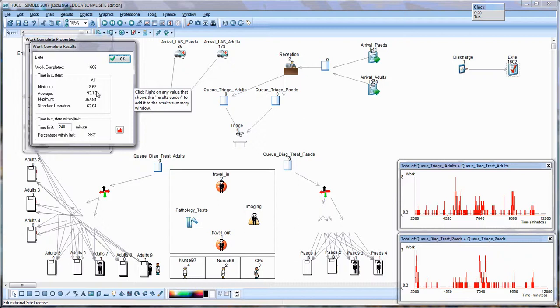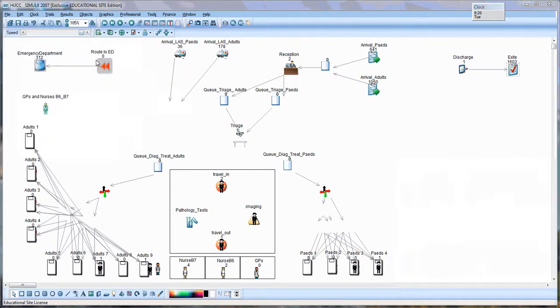Click result. So 98% of patients are treated within 4 hours, which is within the government target. If you want to break this down, the maximum is 36, just over 6 hours, and there are only a few, because it's only 2% who went over 250